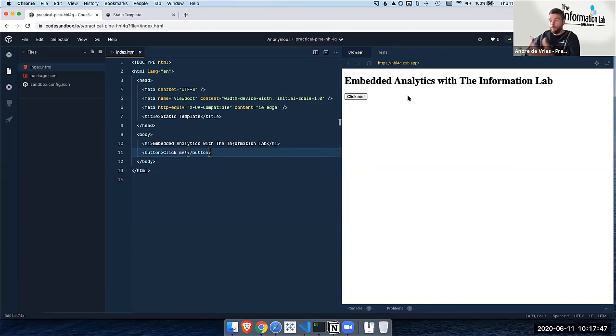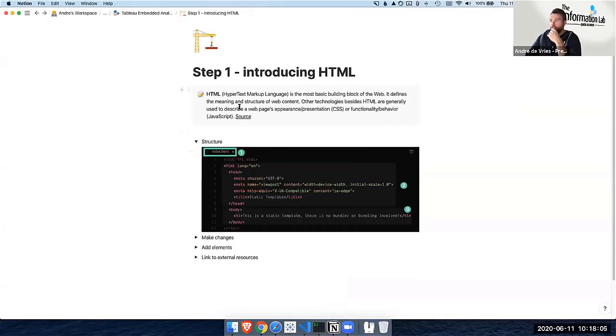How this would work with embedded analytics with Tableau is that you could, for example, click on the button and it automatically shows a new visualization or exports your report to PDF. Now, that is a little bit of an introduction to HTML. What I've done in the Notion page is give you a link to the Mozilla developer resource, which is a great